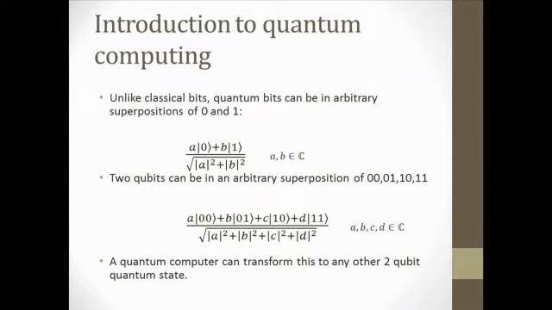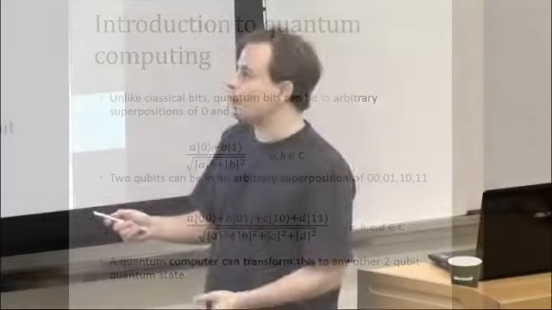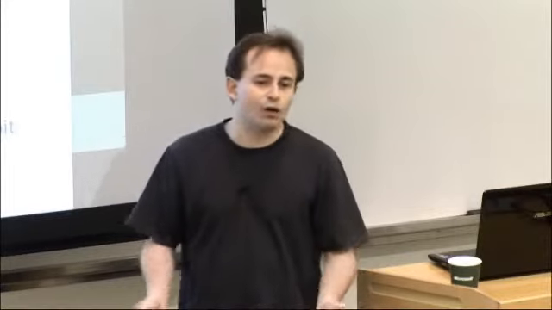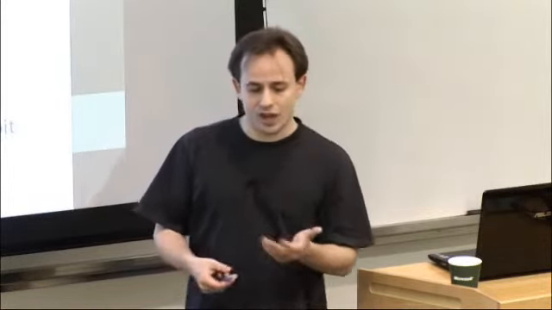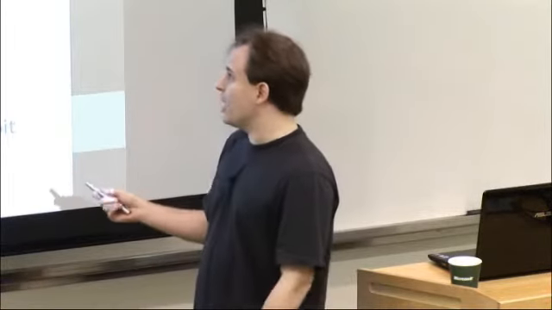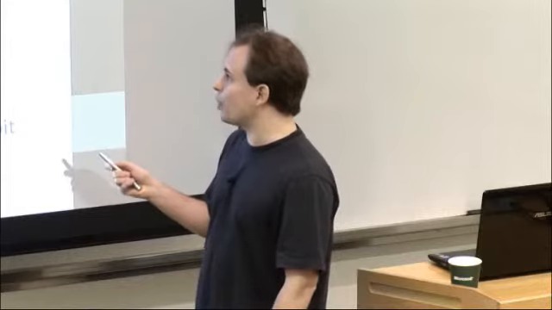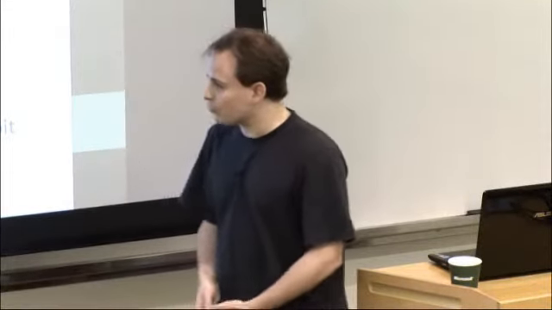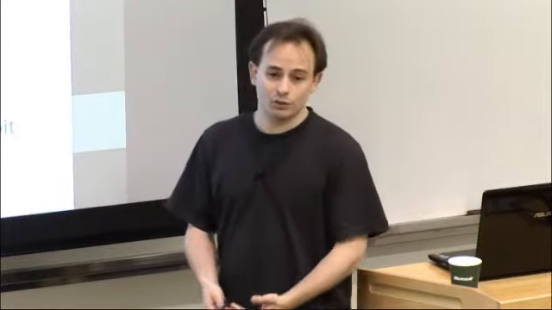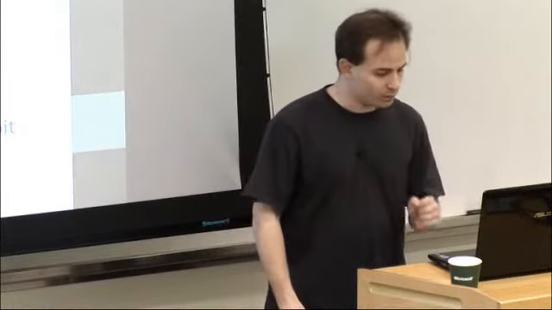So with 2 quantum bits, your system can now be in an arbitrary superposition of 4 different values. And obviously, if you imagined you had 3 qubits, then it could be in an arbitrary superposition of any of 8 different possible combinations of 0 and 1. So that's how this works. And of course, a quantum computer also has to be able to transform these quantum bit strings, at least in principle, into any other possible quantum state within the quantum computer.